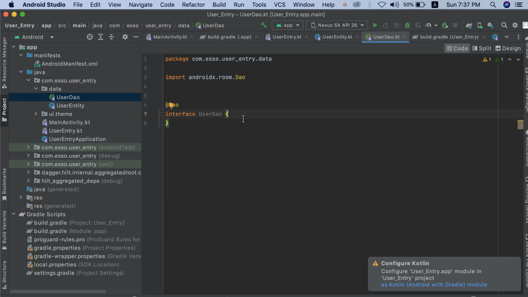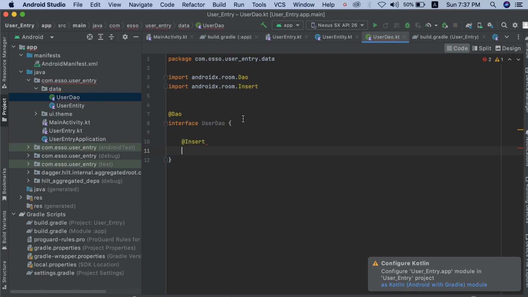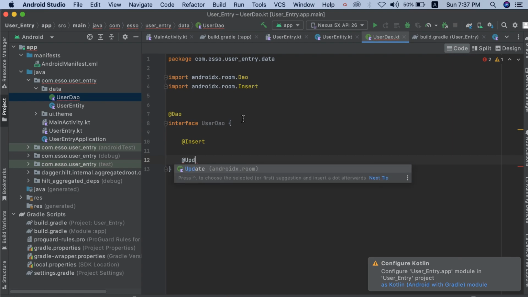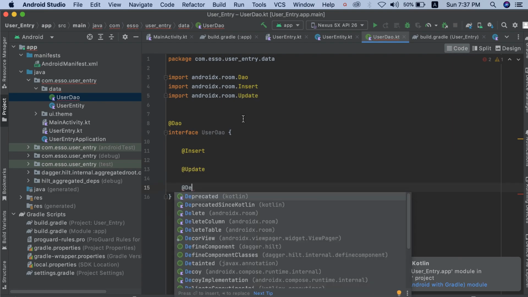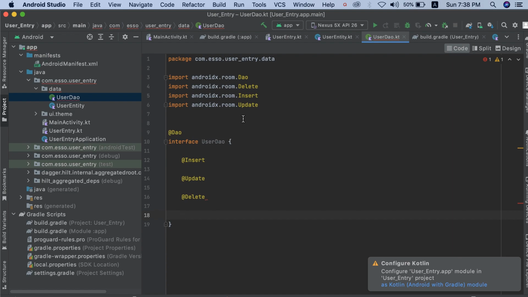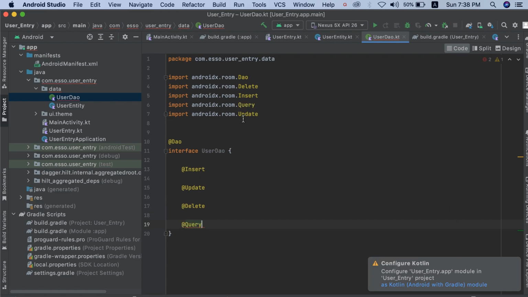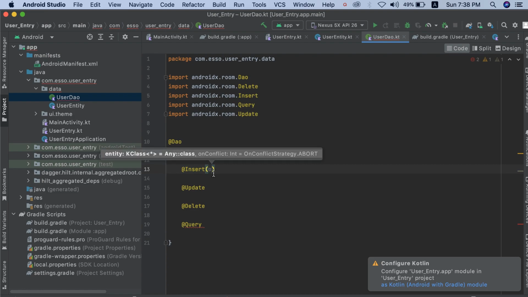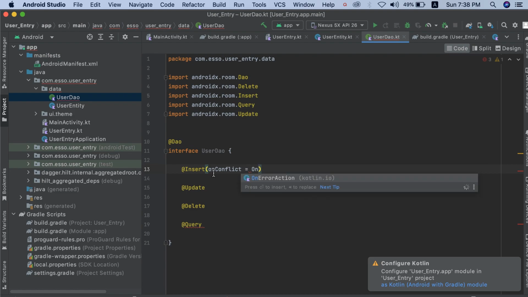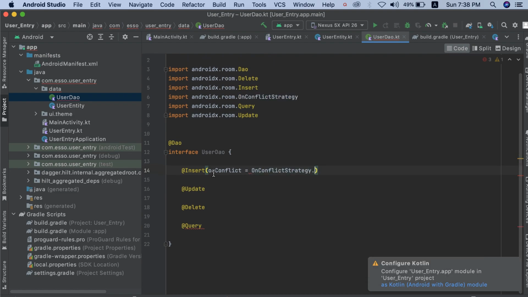Okay, and here we are going to define methods for interacting with our database table using the Insert annotation, Update annotation, and Delete annotation for inserting, updating, and deleting rows in our table, and using the Query annotation for writing our own SQL query. First, at the Insert annotation, add the onConflict property equal OnConflictStrategy.IGNORE,